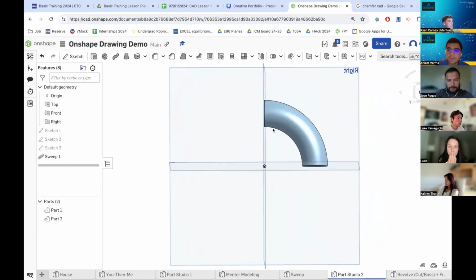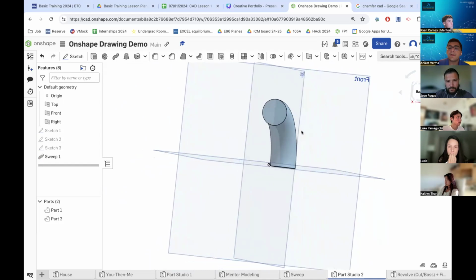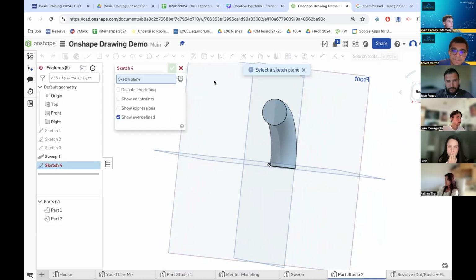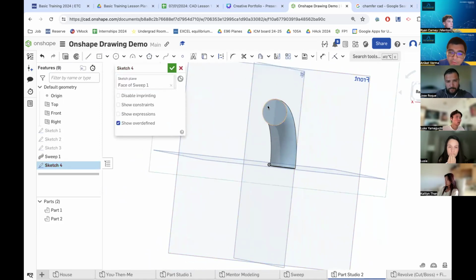Basically, same thing happens for sweeping stuff. We can also have sweep removals, I guess, if you want to call it, or cuts. So basically, I start a sketch on this surface right here, and I do a circle, and I just make the diameter 10,